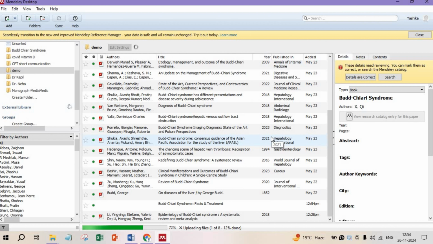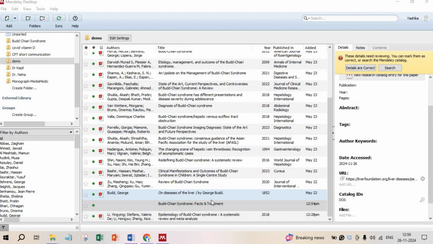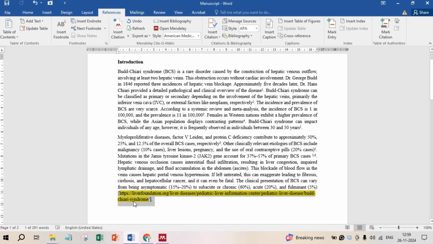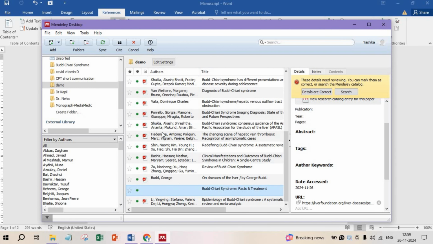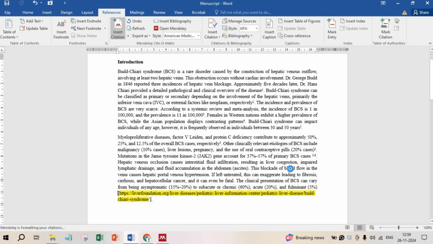So it's syncing. The contents are synced in. You can see the website link appearing here in your demo folder. So follow a similar process. Click on insert citation, go to Mendeley, and just select this website and delete the rest.